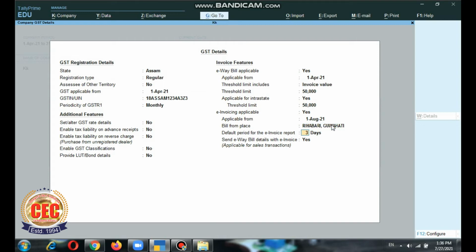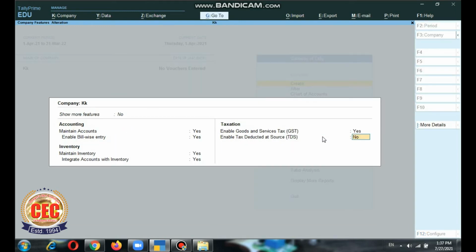After that, the default period for the e-invoice report is set as 3. You can change it up to 31 days, so you can change it to any number of days here. I am putting it as 10 days. Then, send e-way bill details with e-invoice: you will have to set it to Yes. Then simply press the Enter key, accept it all, and then press Escape.